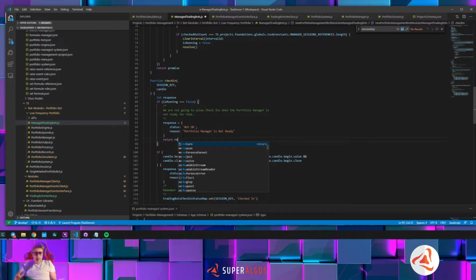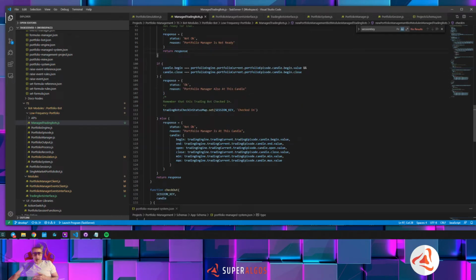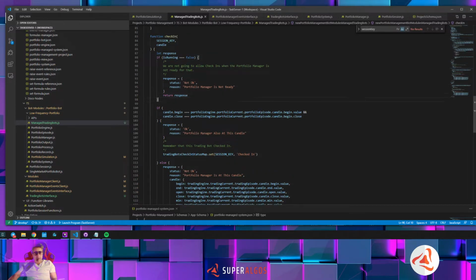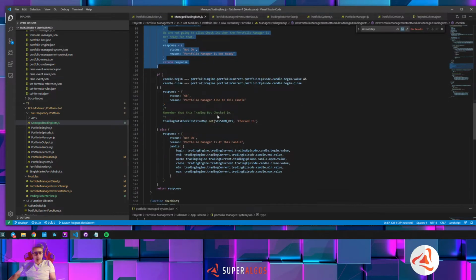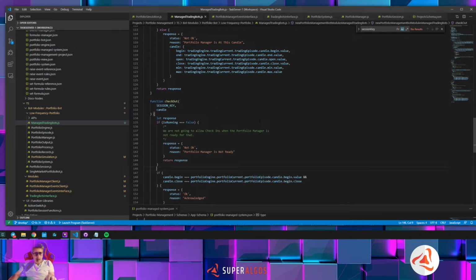Return response. Okay. So then it can happen that it's not too early. We are open for business, but your candle is not equal. Your candle is not equal to mine, so I return to you this message with my candle, or it's okay. Okay. So the same thing happens here, which would be a little bit strange for a checkout message, but